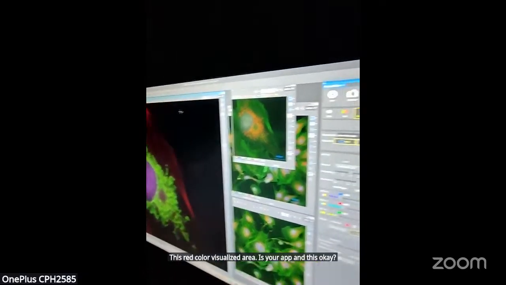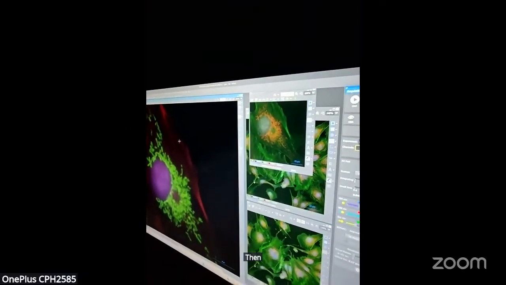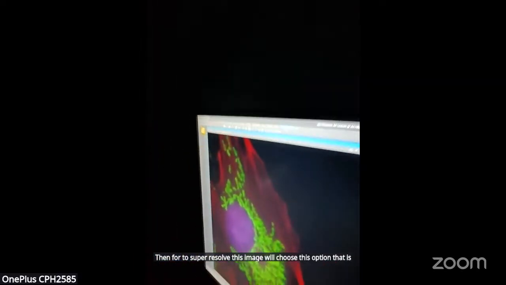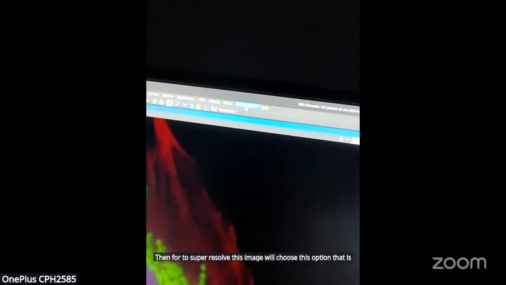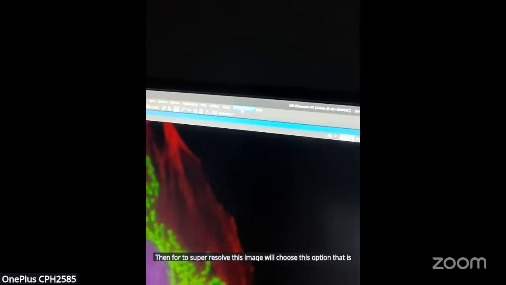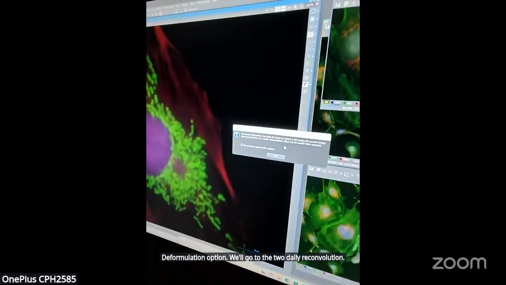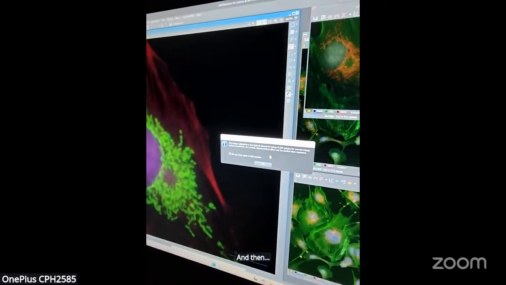Okay. Then to super resolve this image, we'll choose the deconvolution option. We'll click this. We'll go to the 2D deconvolution.